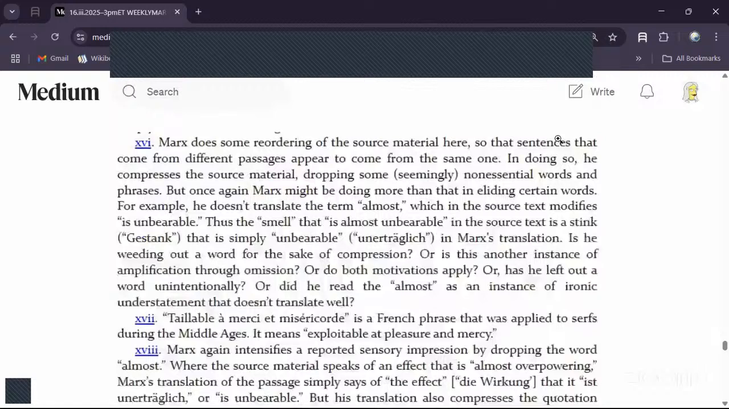Footnote 16. Marx does some reordering of the source material here so that sentences that come from different passages appear to come from the same one. In doing so, he compresses the source material, dropping some seemingly non-essential words and phrases. But once again, Marx might be doing more than that in eliding certain words. For example, he doesn't translate the term almost, which in the source text modifies is unbearable. Thus, the smell that is almost unbearable in the source text is a stink, Gestank, that is simply unbearable,